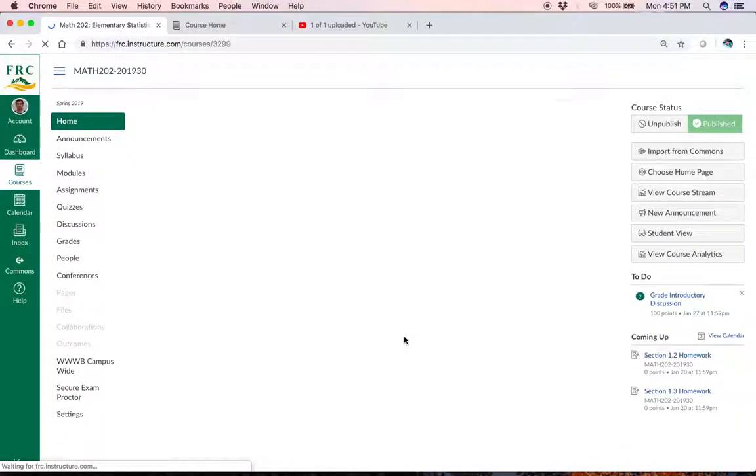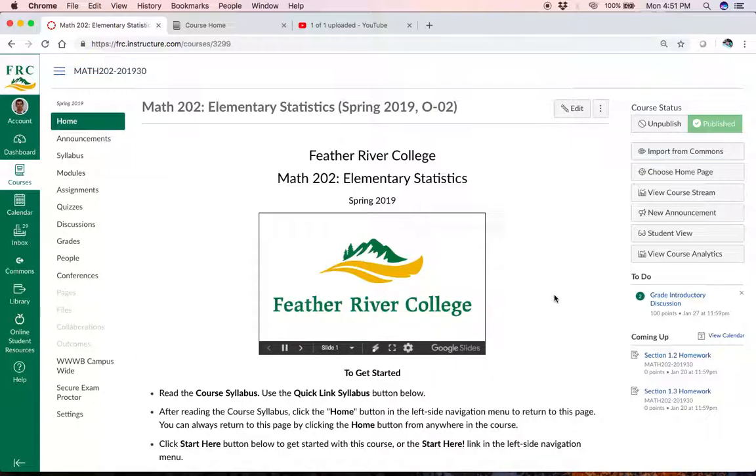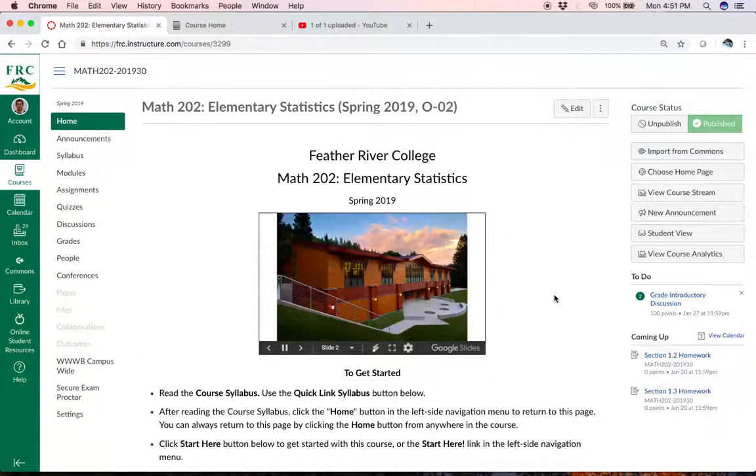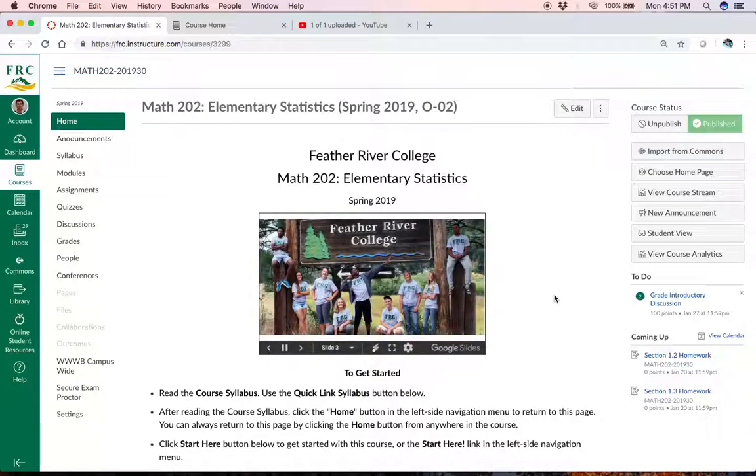Like I said, I have the due dates listed on the course syllabus and your Canvas calendar. So as always, guys, let me know if you have any questions of any kind. Hopefully this helps out with a lot of the questions that I've been getting on how to